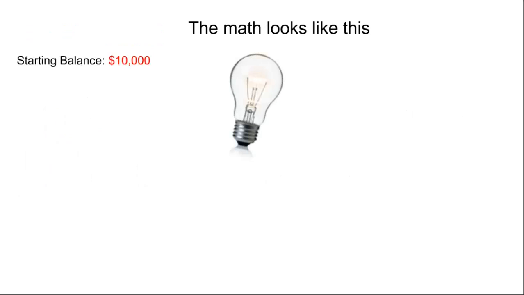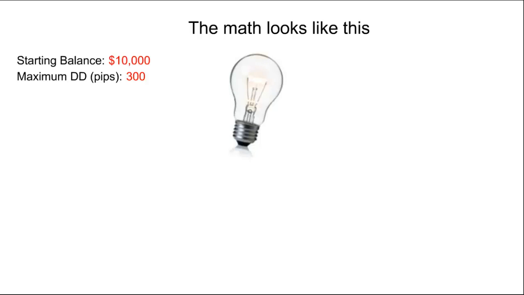Let's say I have a starting account balance of $10,000. I'm using $10,000 because I want to keep the numbers easy. The math will be easier this way. So I got a $10,000 account balance. I have a maximum drawdown. For my back testing period, the maximum drawdown in pips, not in dollars, was 300